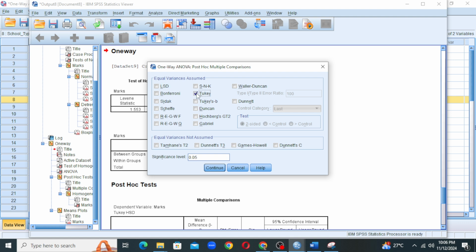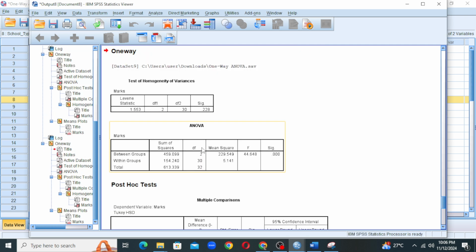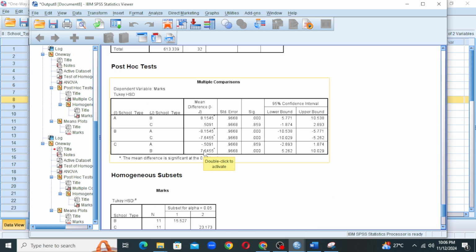You can select any of these, however most of the time researchers select Tukey, otherwise Bonferroni is also okay. Select Tukey and press continue and OK. Now you will notice, in addition to the ANOVA table, you will be getting the post hoc test table. Here you can see significance statistics are given for A and B in the first row at the top, second A and C,